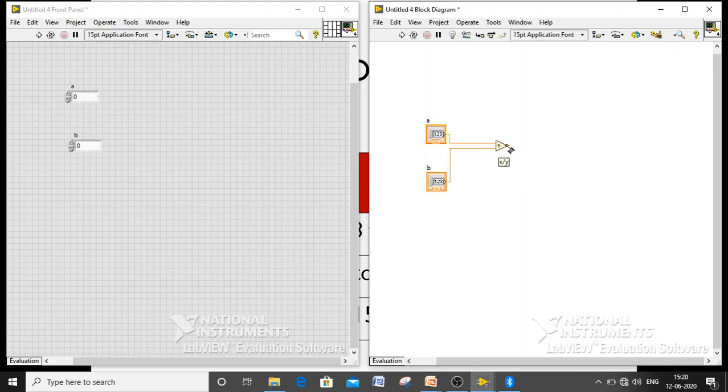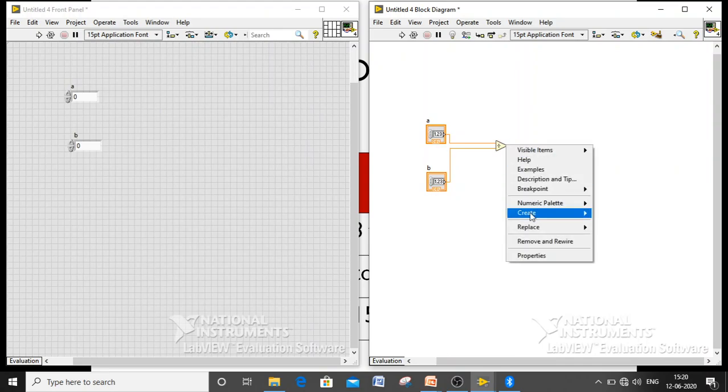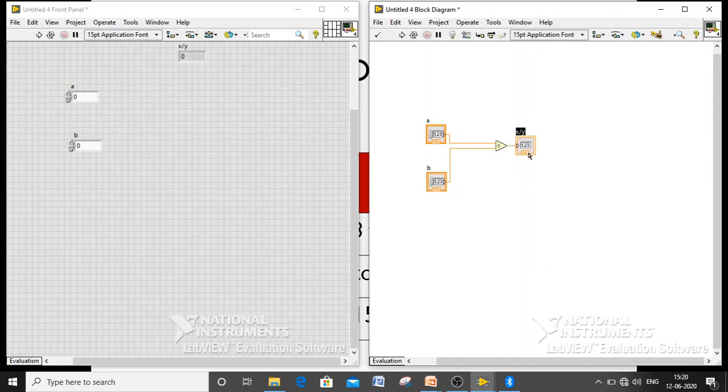The question is, by connecting these two DBL inputs, what will be the default indicator? When I create an indicator for this divide operation, we find DBL alone. It is simple: the inputs are DBL and the output is also DBL.